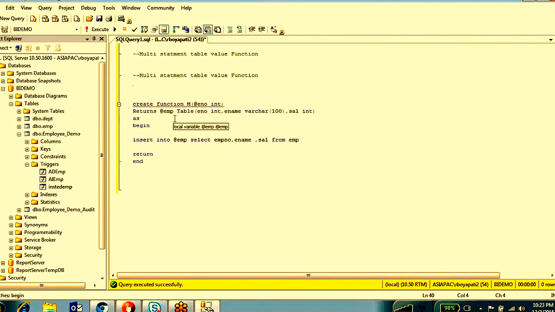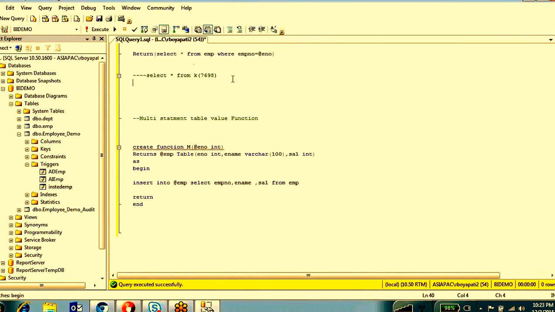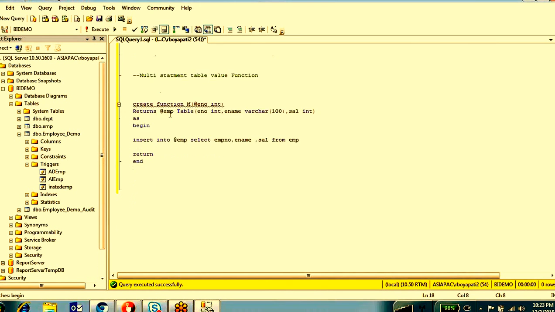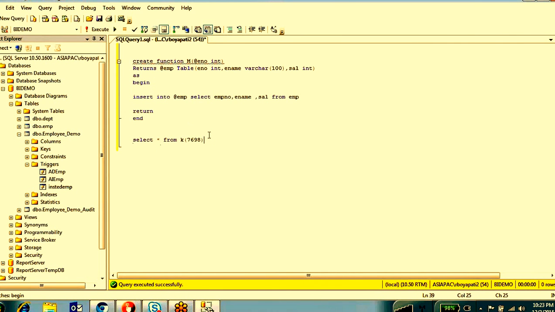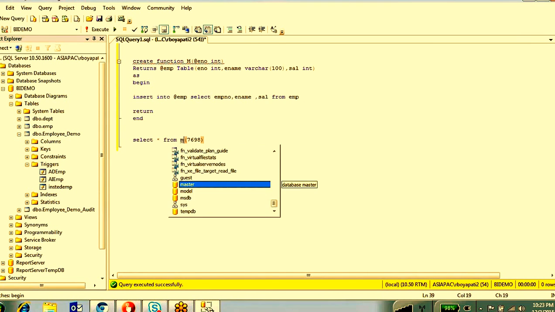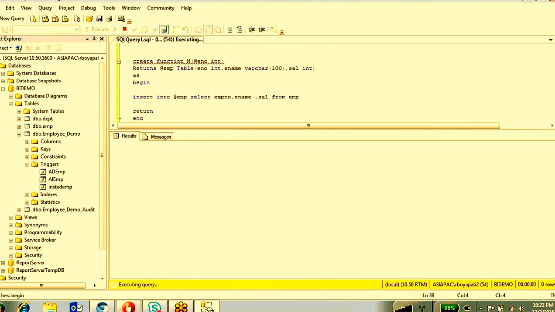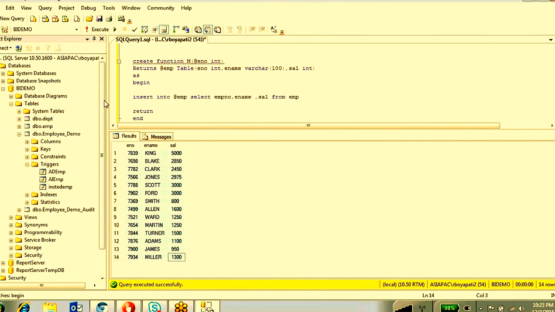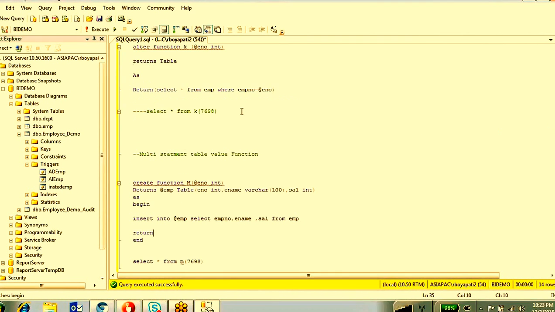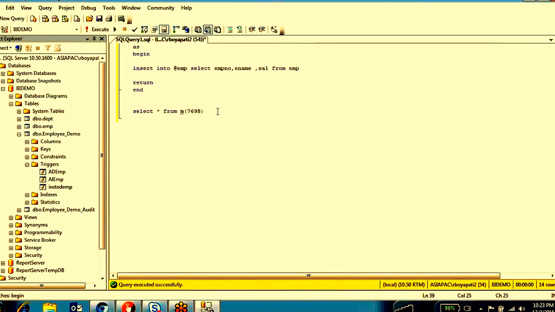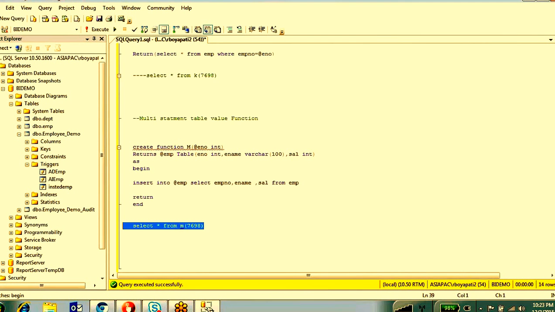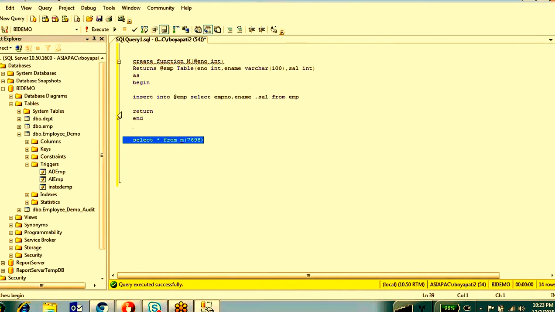And how to execute this one, same, control C. How to execute a table value function, instead of k you can put m, right? It is giving the entire result, right? And there is one more feasibility here. You can join this function. For executing this one, this data is coming. You can inner join, left join, outer join with tables also, right?